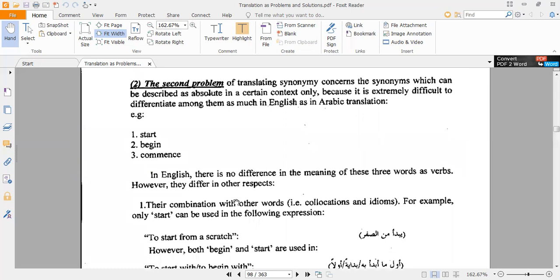The second difference is that commence is used in very formal contexts since it has Latin origins, while start and begin are less formal or they can be used in informal contexts because commence has a Latin origin while start and begin have Indo-European and old Germanic origins. اوكي